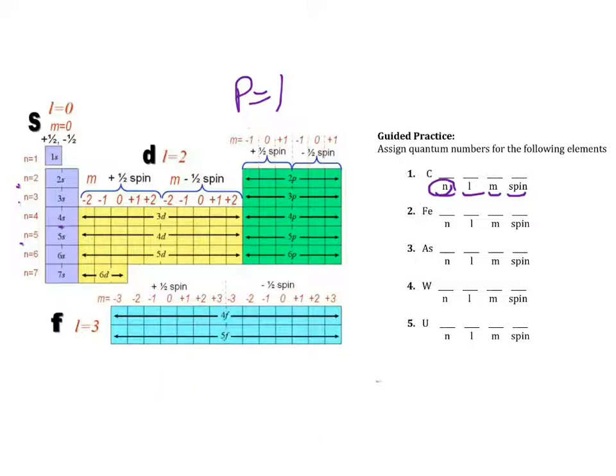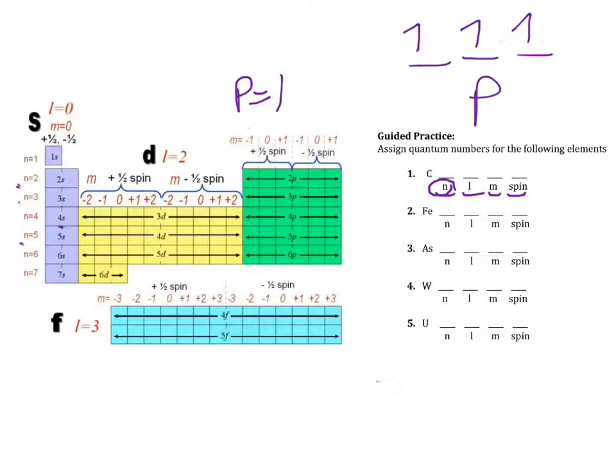So S's will always have a value of 0. Now, the last one is the spin, and so let's think about the P block. So how do we fill this? Well, we go up spin, up spin, up spin. So the first three arrows we put are all up spins, and then we go down spin, down spin, down